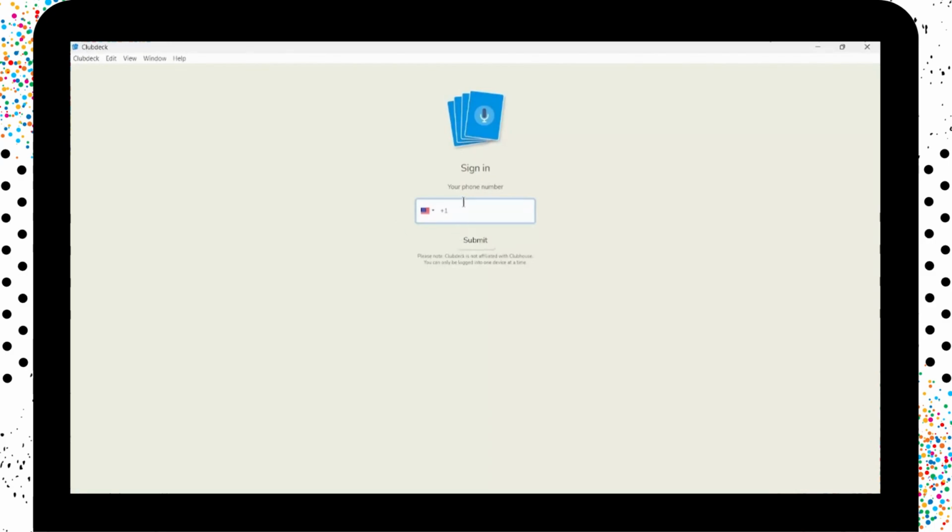Now you can simply go and sign in with your phone number. You can simply click on this country code, and then you have to enter your country code. You have to enter your phone number, and after that you can simply click on submit, and then you can sign into your account. So that's it. That's how you download and install Clubhouse app